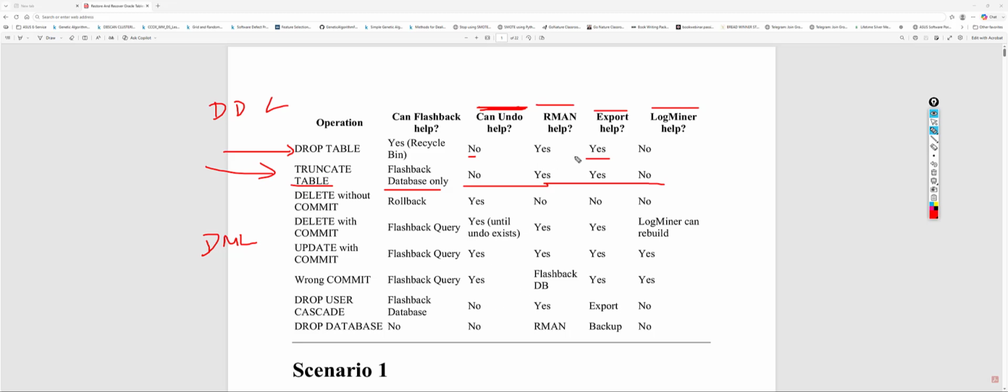Okay, so this may look confusing, so let me categorize everything. DDL cannot be recovered or restored with undo. For every DDL statement, only flashback can help, either recycle bin or flashback database, and RMAN or export import can help. For every DML statement,